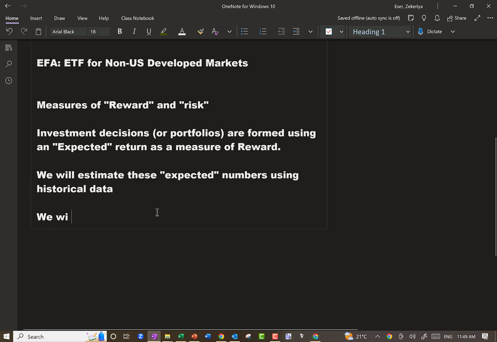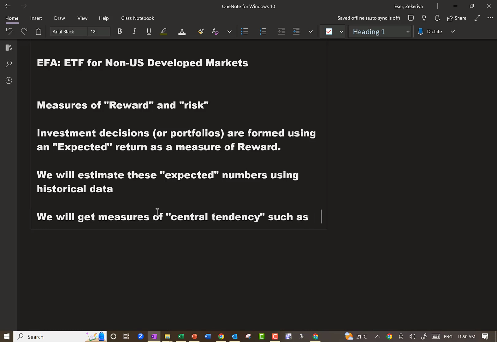So we will get what we call measures of central tendency. That's the official name. It basically means we're going to get measures for what is some typical value, okay? What I should expect,